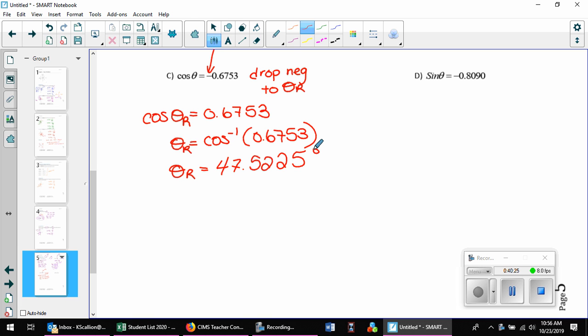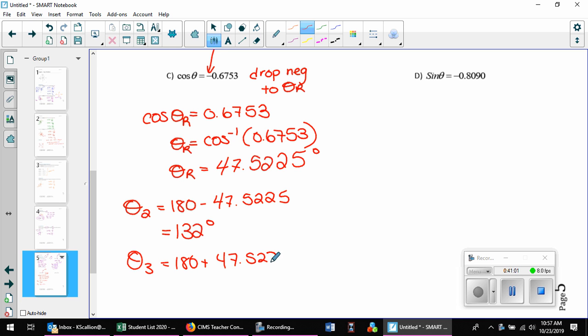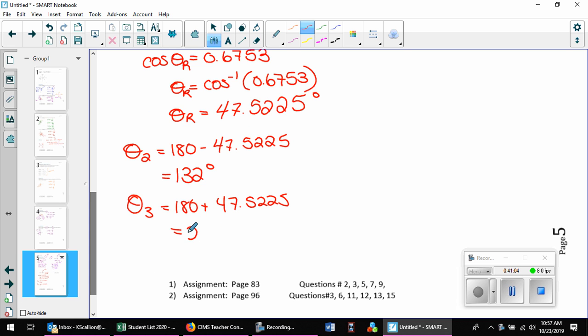We drop the negative to find θ reference, and now the rule in quadrant 2 is 180 minus 47.5225. So I'm going to get 132.4775, so 132. And then what would be our second one? In quadrant 3, 180 plus 47.5225. So that's going to be 227.5225, so 228 degrees. Okay. So I think the last example you can do